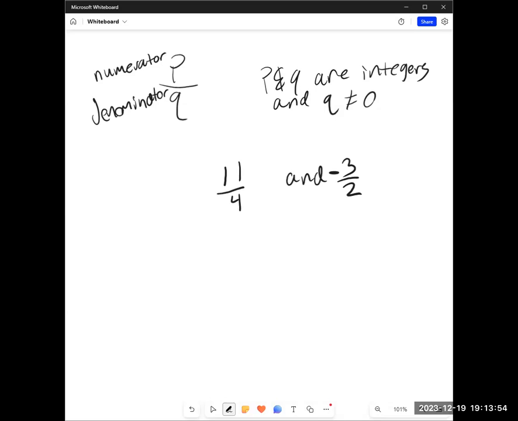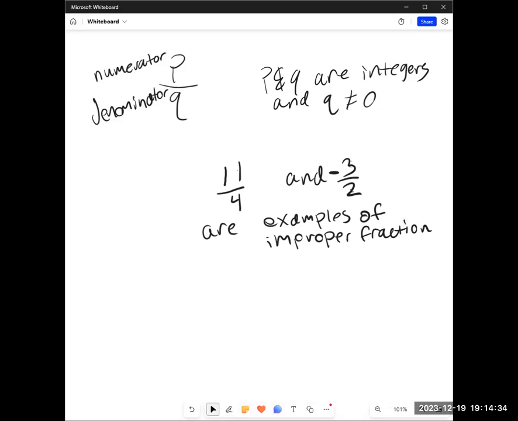They are improper fractions because 4 goes into 11 at least one time, right? So 1 and maybe some left over, or more than one time. It doesn't matter whether it's positive or negative, 2 divides into 3 at least one time,